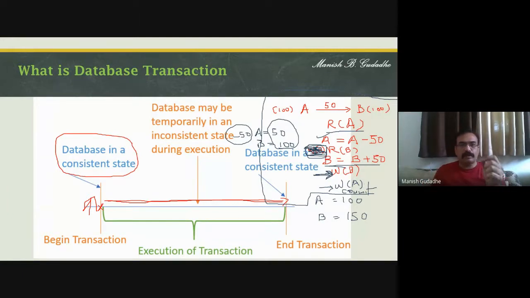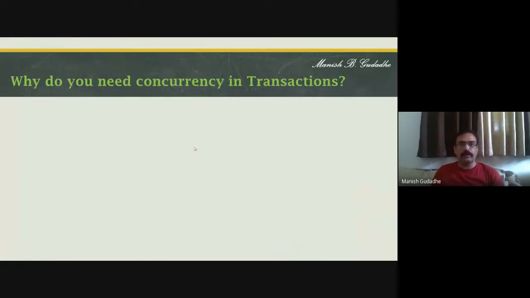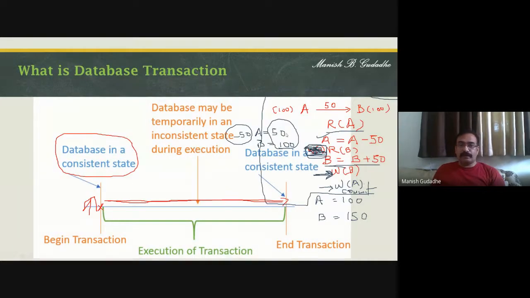So now this transaction from begin state to end state, it undergoes several phases that we are going to see one by one. And second thing is now in the same example, this is one transaction. We are transferring rupees 50 from account A to account B. At the very moment, there is another transaction which comes into picture and asks to read data from A. This is a transaction.